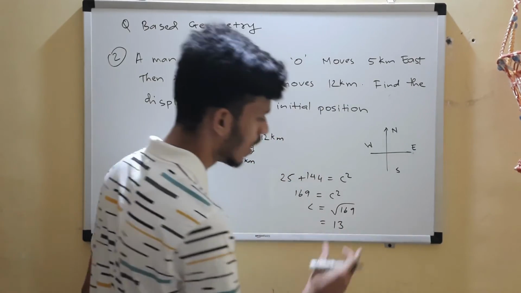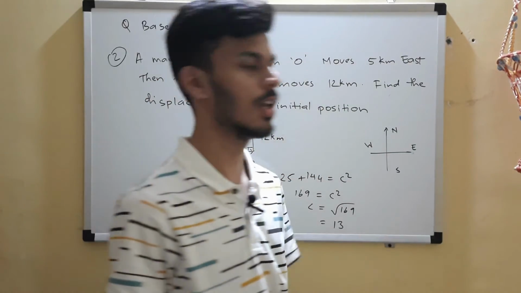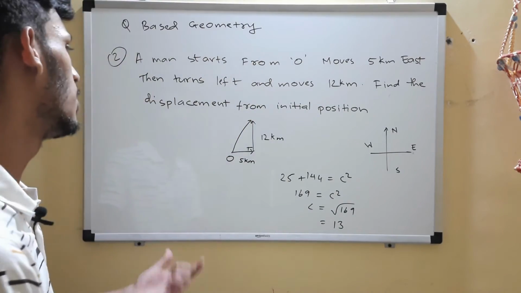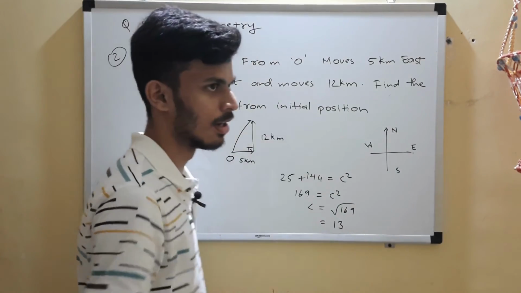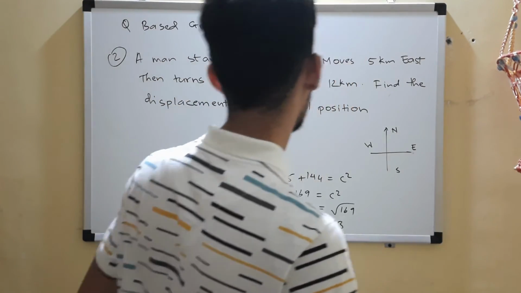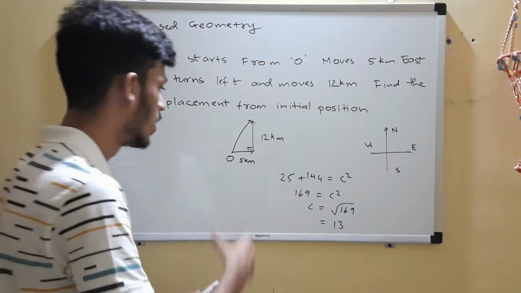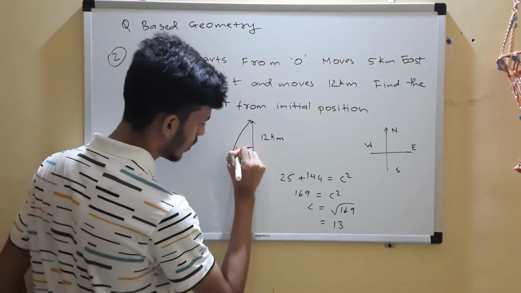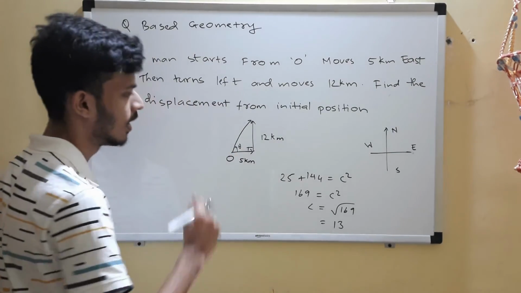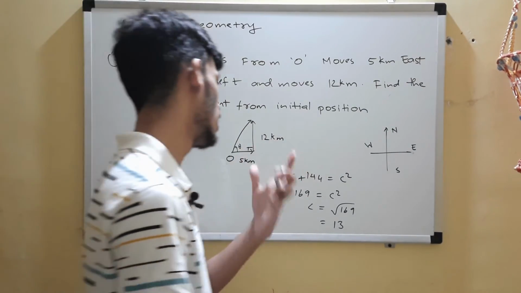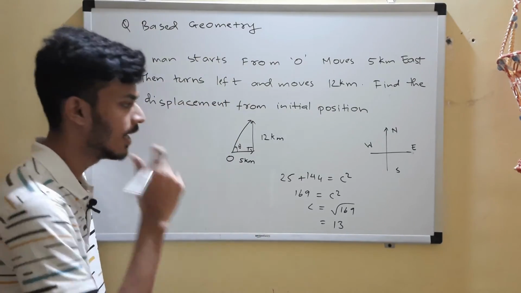So remember the squares up to 30. Remember the squares, they will help you. Or even you can remember the Pythagoras triplets, but remembering squares is better. In this case they might even ask you this angle theta. Suppose they name it theta and ask you for theta, what will you do? You have to write tan theta.